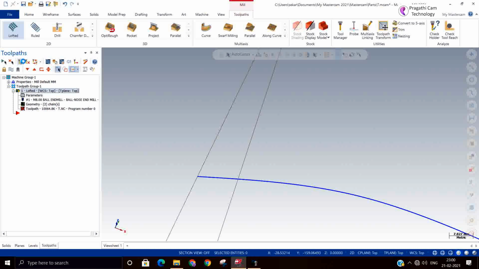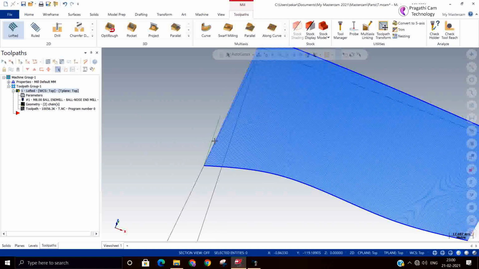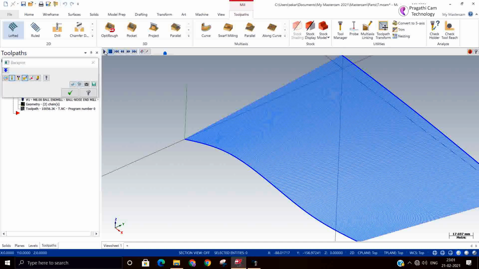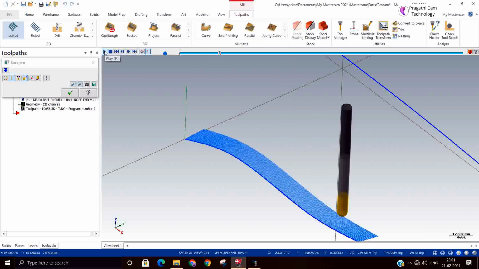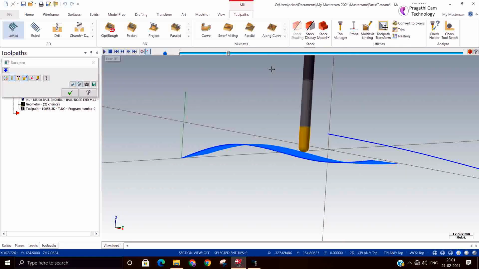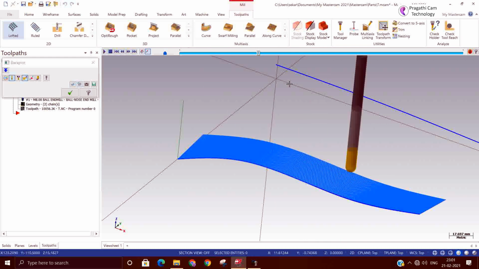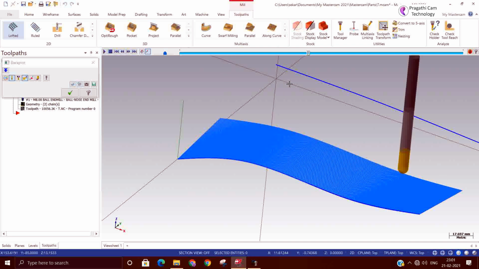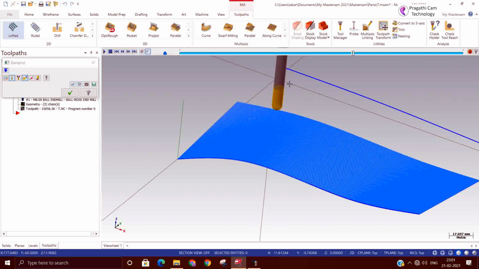If you have only a 2D license, but some amount of 3D work is needed, in that situation you can utilize all these wireframe toolpaths to make the surface machining. Very nice and problem-free surface machining you can do by using this wireframe toolpath.